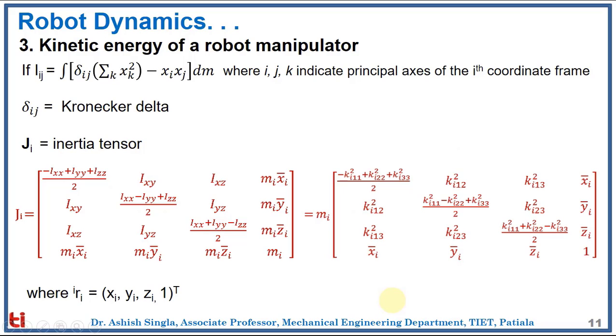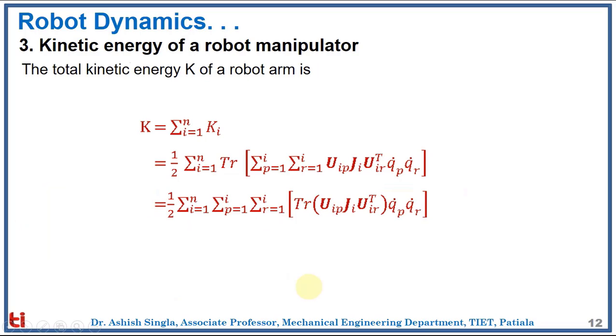And this inertia tensor can also be expressed in this form, where Ixx, Iyy, Izz are the moments of inertia about the principal axes. And this inertia tensor can also be expressed in this form, where k is the radius of gyration. This inertia tensor is different for different bodies, and based on the type of manipulator link, we can find out this inertia tensor matrix. The total kinetic energy is nothing but the sum of individual kinetic energies of every link, and this is the final